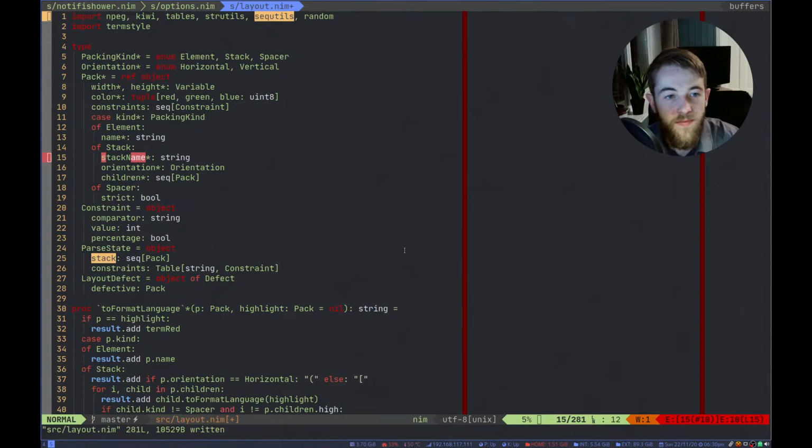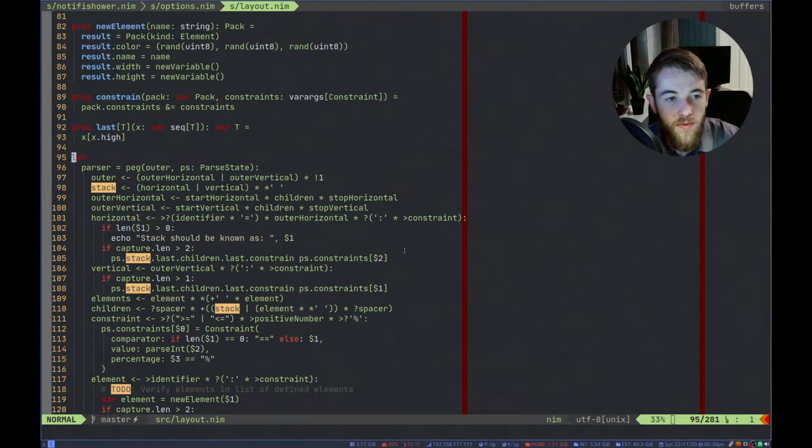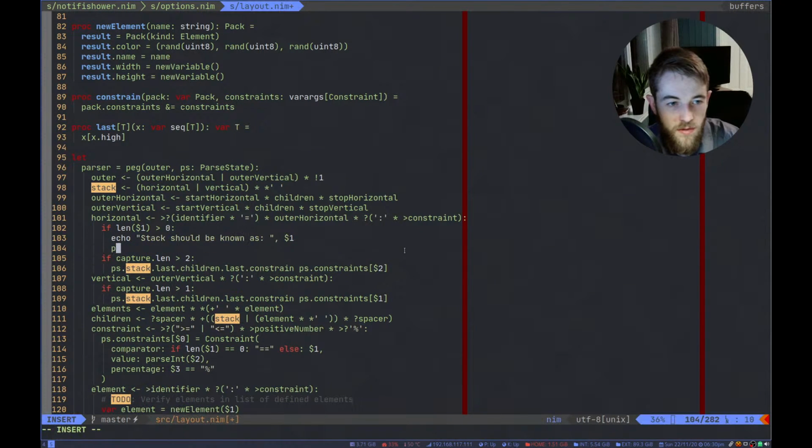Stack name. There we go. And this should basically do the same thing as this. Oops. Not PPS there. Dot stack name equals this.